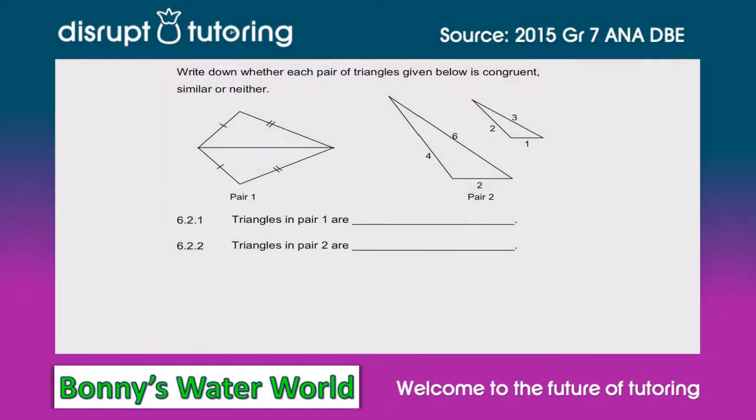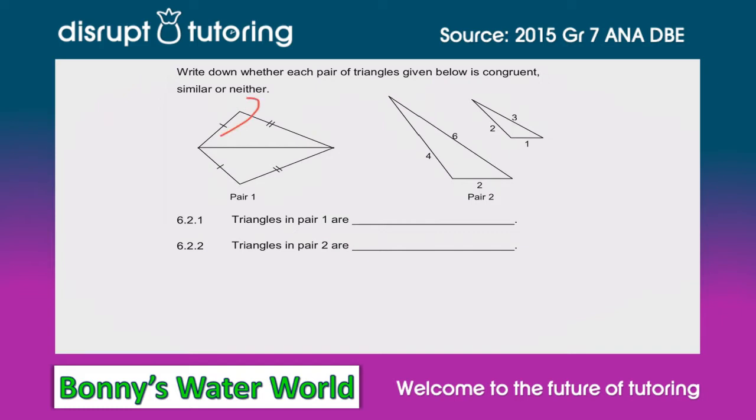Today we're going to be looking at some of the differences between similarity and congruency. So in this question we've got, write down whether each pair of triangles given below is congruent, similar, or neither. So let's start our question off with pair 1. So what do we see? We've got two triangles,